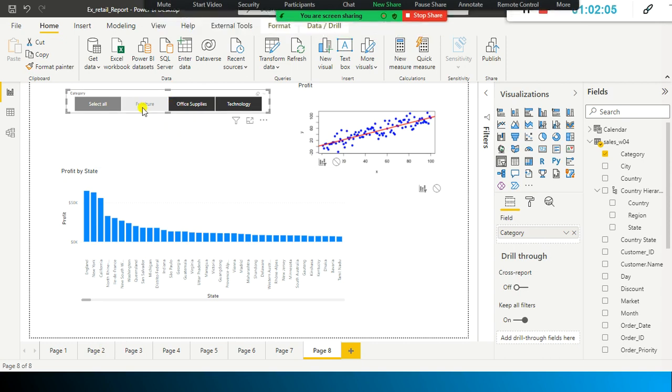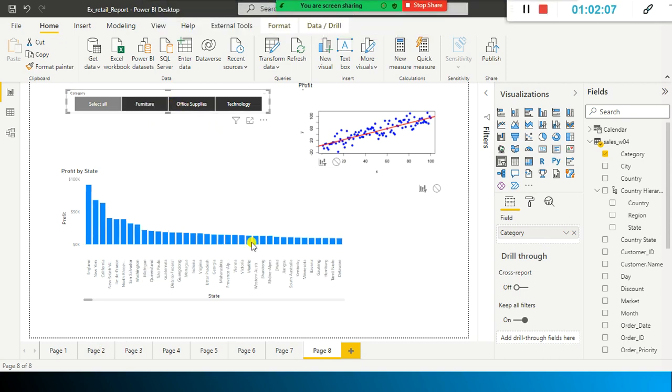So is there any way I can use the same slicer across pages? One way out is you can copy this and paste it in all the 8 pages or 7 pages. In this case, 7 pages is fine. If you have 15 pages, it's a painful job. Instead of creating the same slicer in each page, we can create it in one main page, reuse the same slicer, and sync it across the desired pages. That is the beauty of the sync slicer.